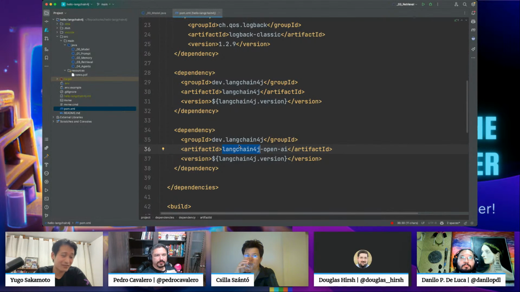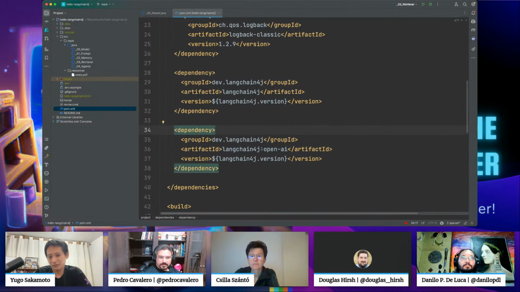There are other providers, and LangChain supports many different providers such as Hugging Face, Azure OpenAI, and many others that are available. For each of them, you're going to have to add the specific integration dependency.